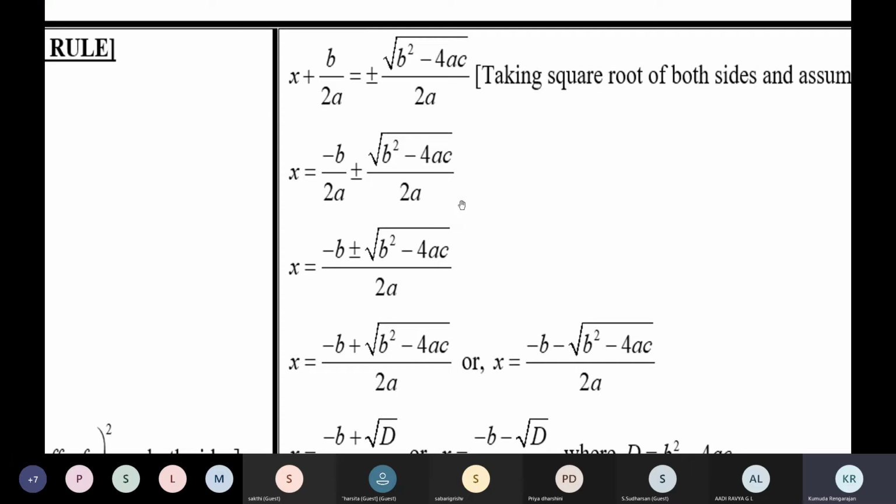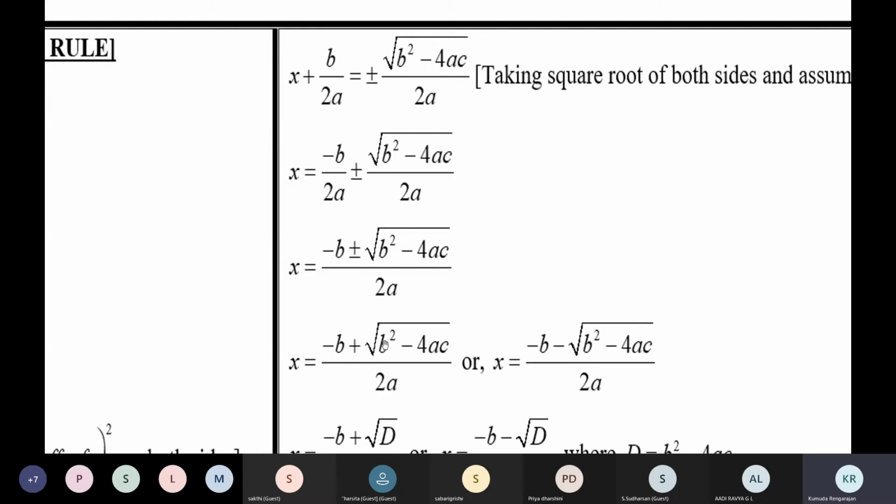So this one is called the quadratic formula. When you're given a quadratic equation in x, you're asked to solve for x, right? We'll have to find the two values of x. This is what it is: x is equal to this one. Using this formula, you can find the two values of x. So x is equal to this or x is equal to this one.